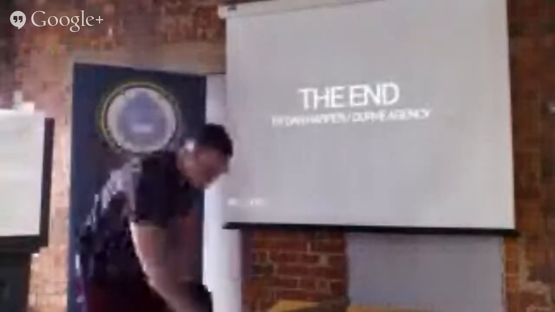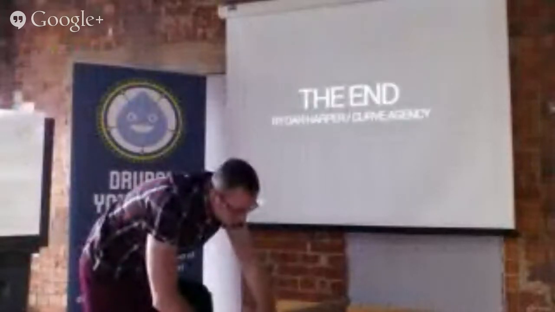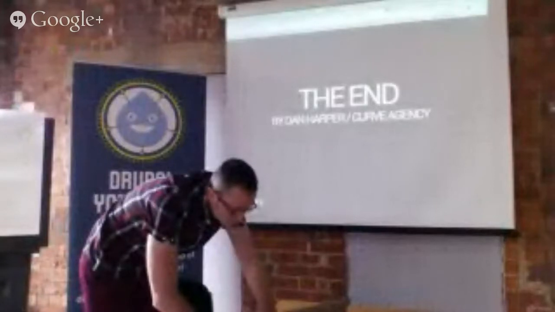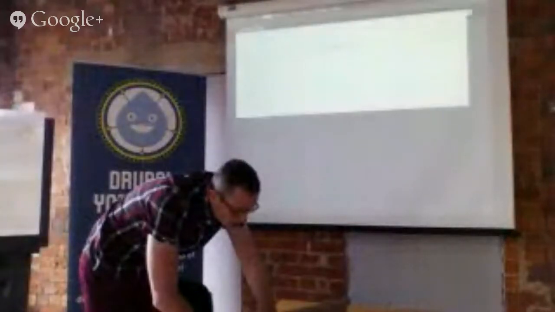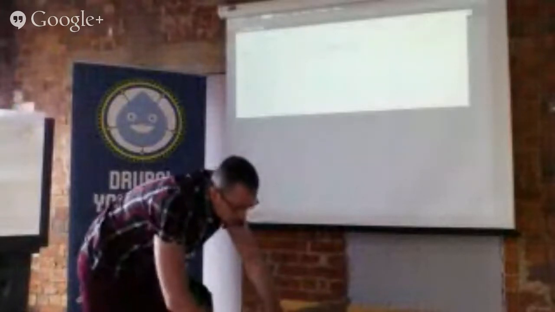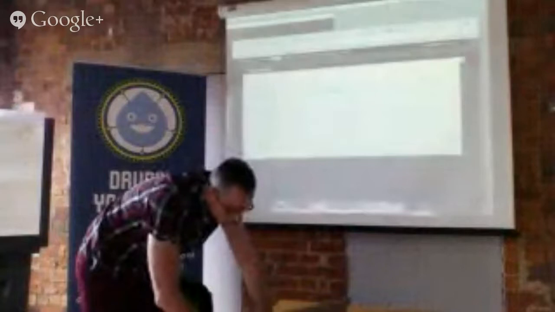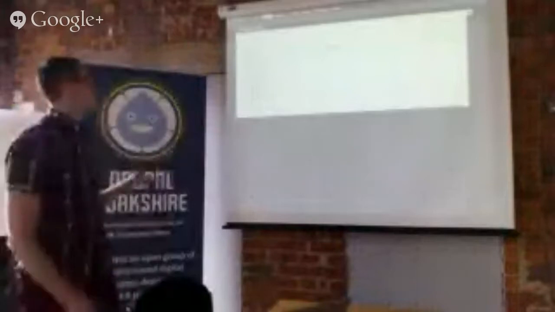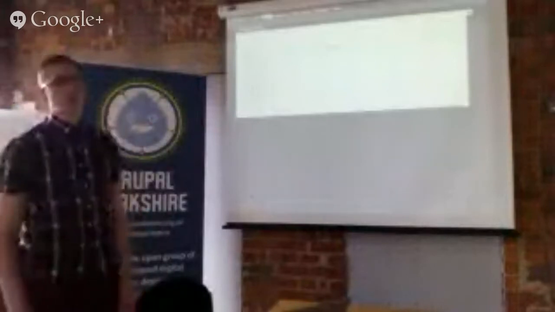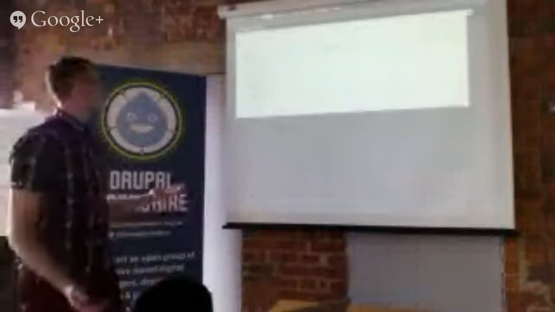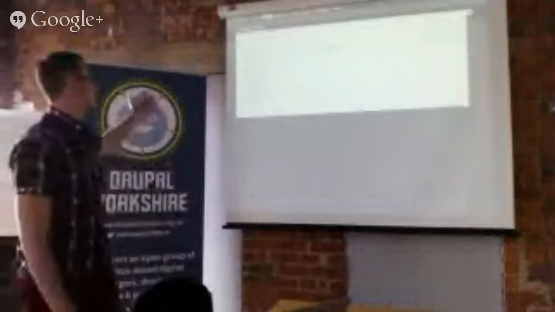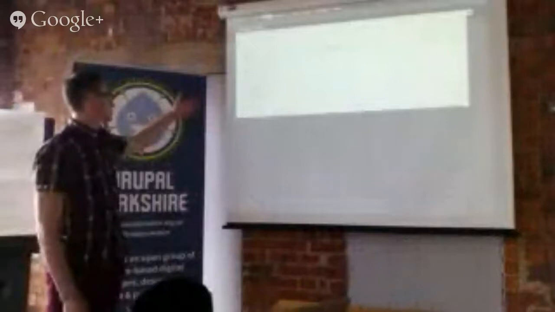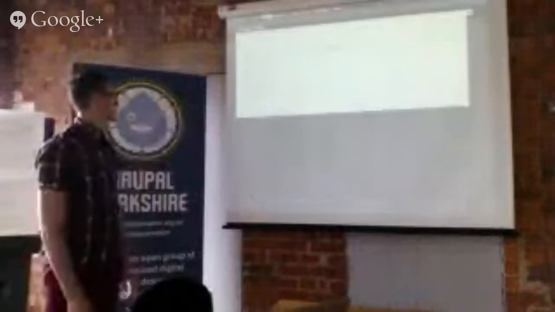So I'll go through and bring up the content types. So this was the football game that I got asked to build. And like I said, at the start, I just thought, how am I going to build a game here? So I broke it down into match, prediction, result, team. So if we go to match,